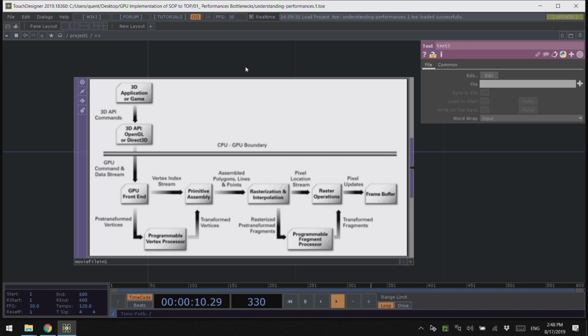The communication uses, for example, OpenGL or Direct3D, which are languages for the CPU to communicate with the GPU. And when this data is pushed, it uses the PCI Express bridge that transfers data